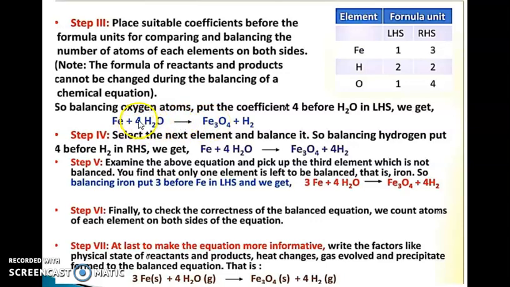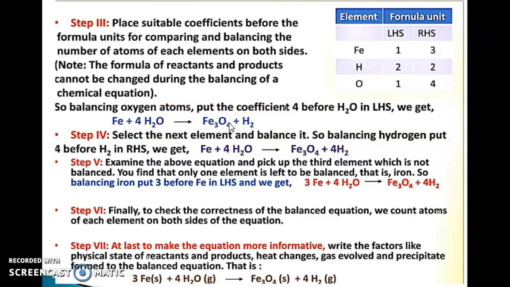Here hydrogen, this 4 gets multiplied by the 2. This 4 which is written just behind H2 gets multiplied by 2, so the total number of hydrogen becomes 8. But here the total number of hydrogen is 2 only. Leave it. Now look at the oxygen atom. This 4 gets multiplied by 1, so the total number of oxygen atoms present on the reactant side after balancing becomes 4. And here also 4. So oxygen is now balanced.